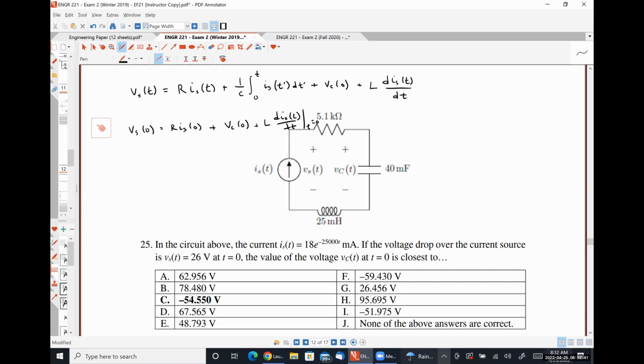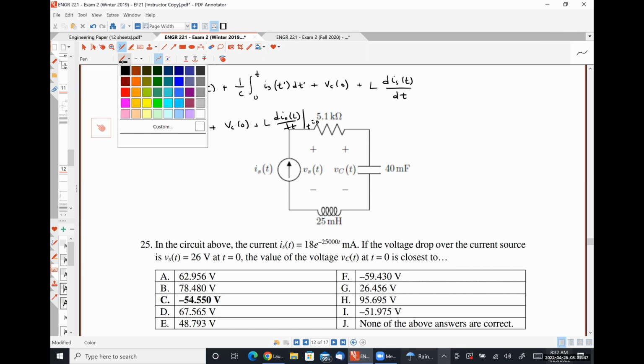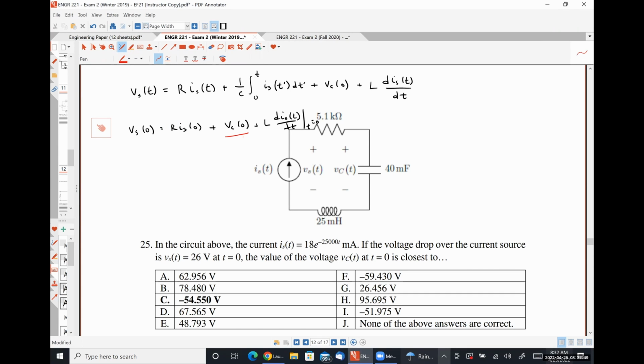And I need that equation at t is equal to 0 to figure out how the capacitor voltage behaves at 0. And then this guy right here tells me how the capacitor voltage behaves as a function of